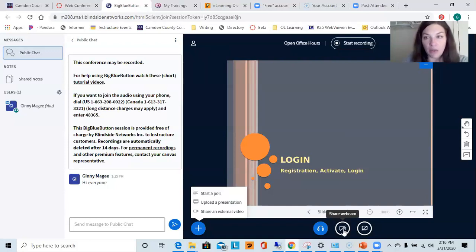So they're just going to see a little window with your webcam, and they'll be able to see you. And normally they'll be able to hear you as soon as you activate Big Blue Button, because you will be allowing it to use your mic. If you wanted to use the whiteboard here,